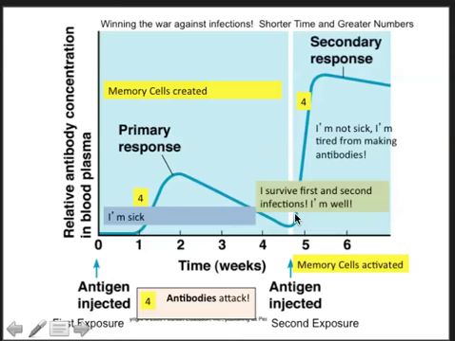So you can see here that the second time the pathogen appears, we're able to produce far more antibody in a fraction of the amount of time. Okay, this is a number of weeks here, than we did the first time we were trying to deal with